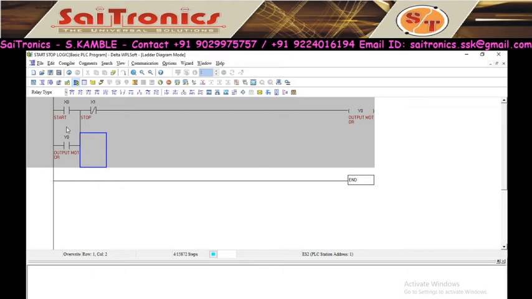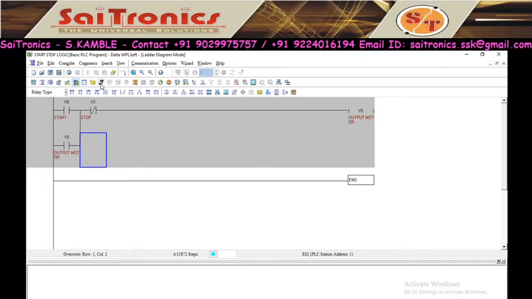Now see the magic. When you press this start button momentary, the circuit will become complete and this Y0 turns on. When Y0 turns on, its contact will change. Its contact here is open, so it will become closed. So this AND logic or logic turns on and circuit turns on from this to this.